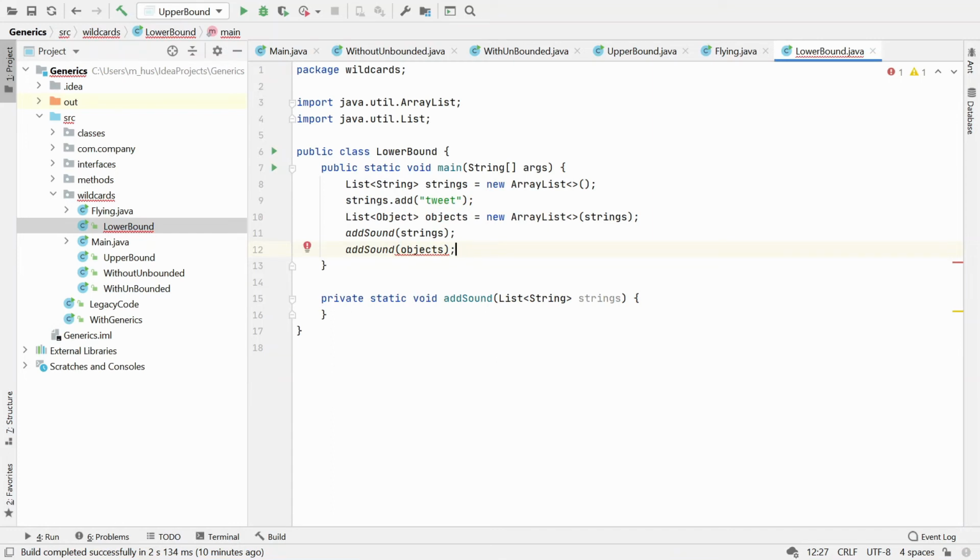I could pass string as well as object to my method. All right,